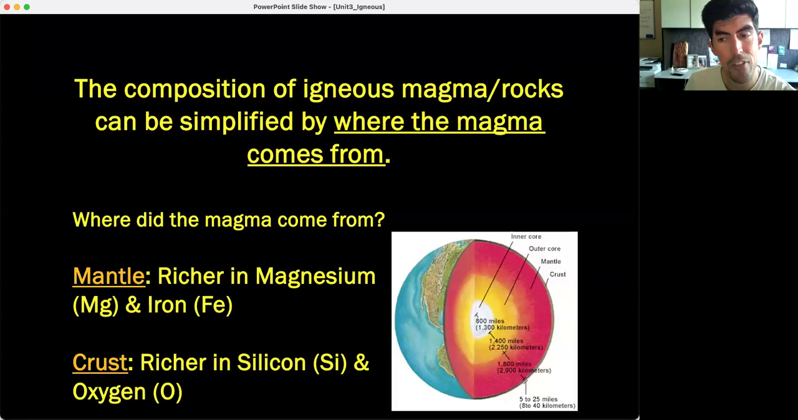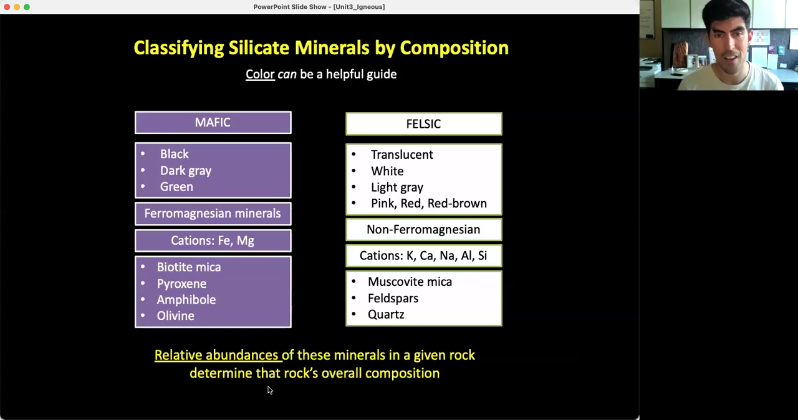If the magma, though, comes from the crust, the continental crust, to be more specific, remember that it is going to be richer in silicon and oxygen. Those are the two most abundant elements in the continental crust. So we need to think about the plate tectonic settings that will draw our attention to magma from the mantle or to magma from the continental crust. And then we want to tie it in with these specific elements. Okay, so with that information,